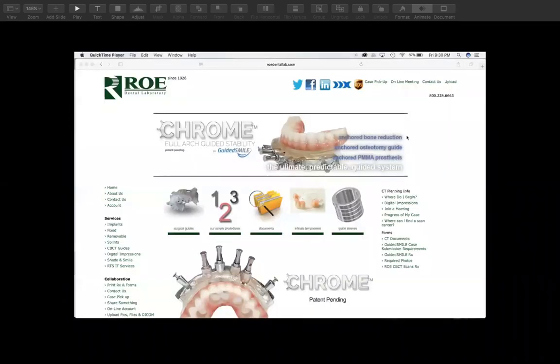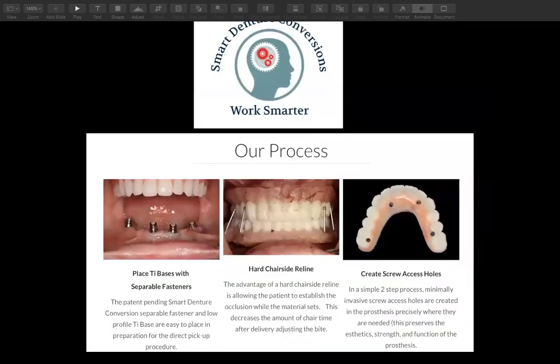Rowe Dental Lab, well, actually Chrome, they have a system that's fully guided that you can utilize. That works really well. I like that too. And then this is a newer one that's out there. I know we're almost out of time, but basically what this is, instead of taking a wash inside the denture and drilling 4 access holes, you would try the denture over these temporary copings that are screwed in,